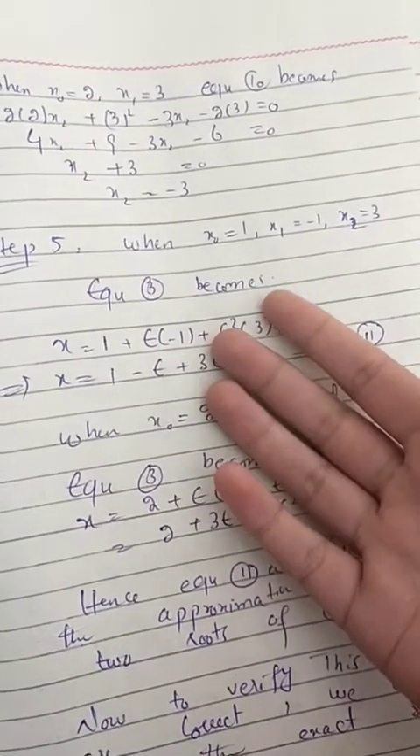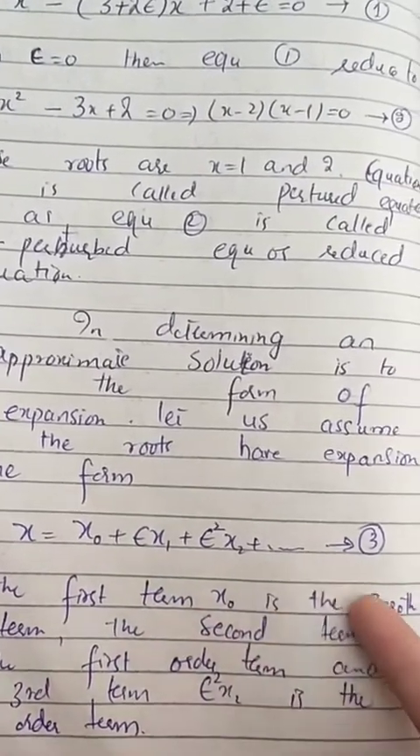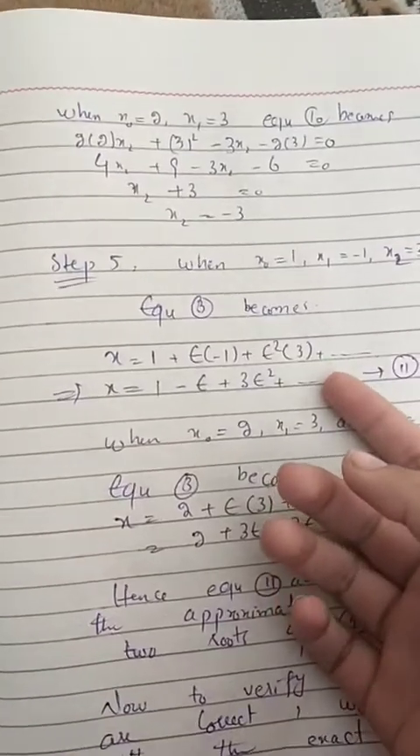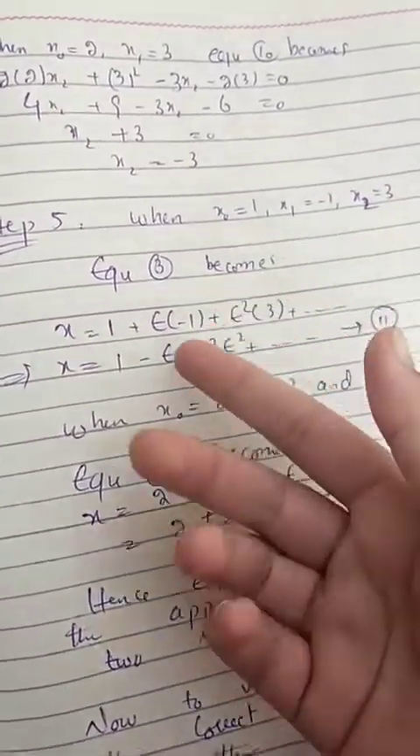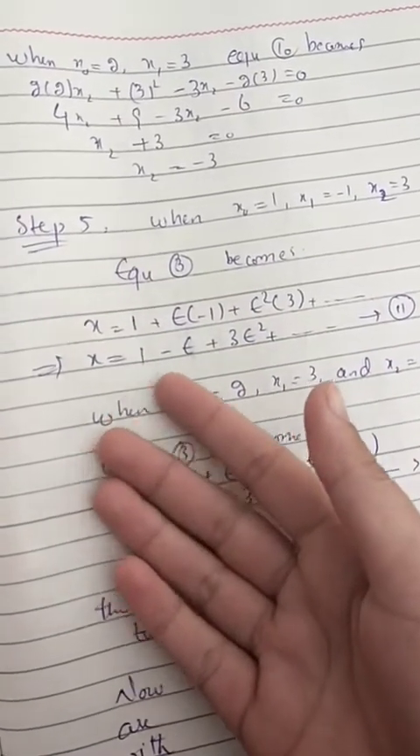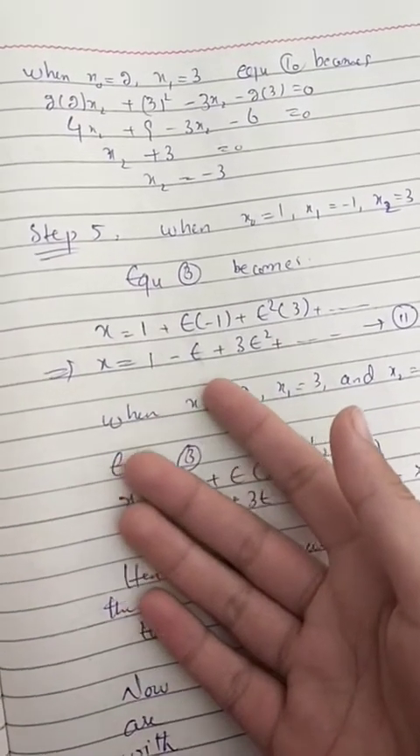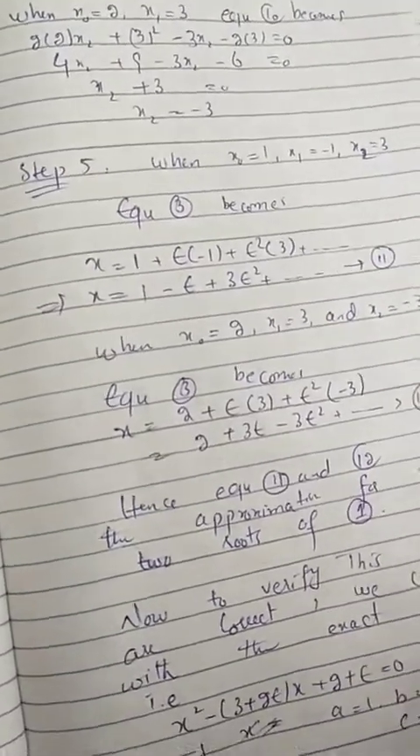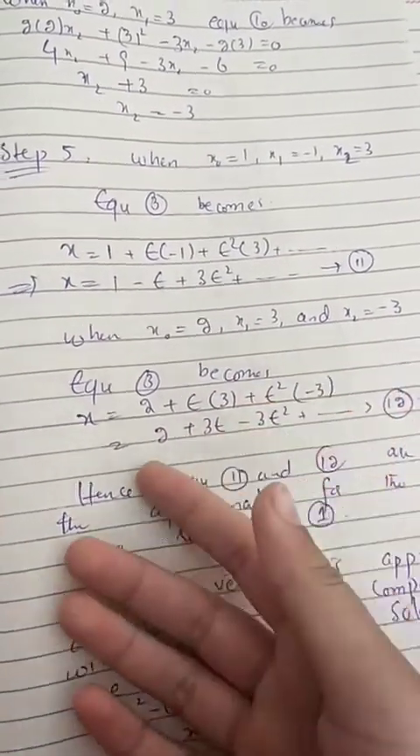then equation 3 becomes, as you can see here, equation 3 in expanded form. After substituting these values in equation 3 and simplifying, we get a series: 1 minus epsilon plus 3 epsilon squared plus, and so on. This is equation 11. When x naught equals 2, x1 equals 3, and x2 equals minus 3, equation 3 becomes